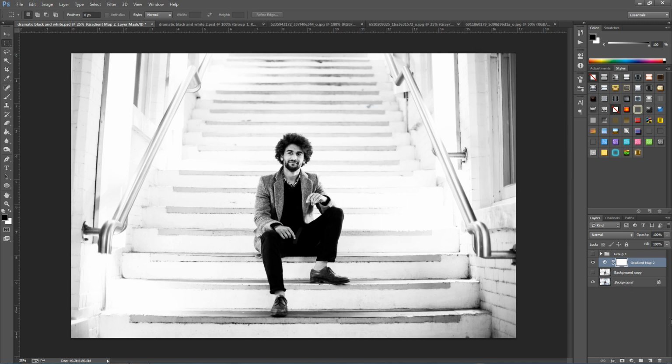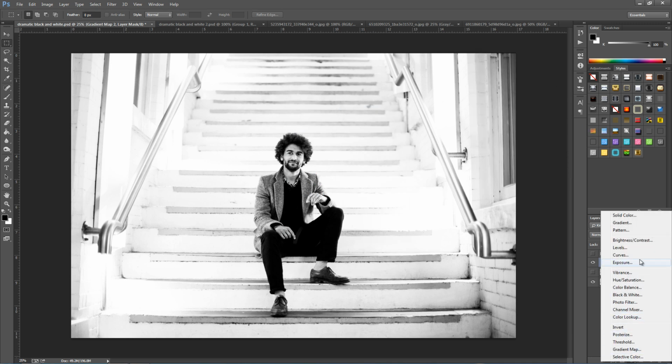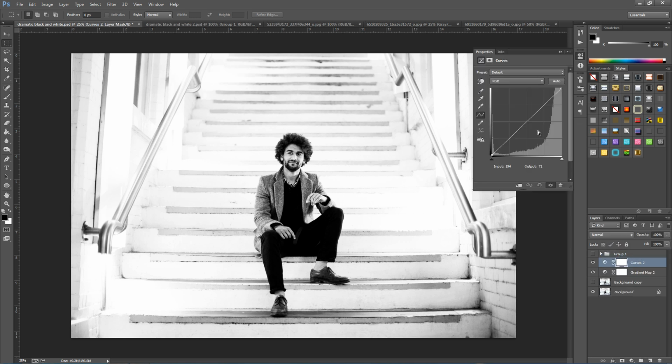We're going to go back down to the adjustment layers. We're going to go to curves, and then from here we're just going to put in a point. So just click a point. It doesn't have to be specific, because we're going to input the details, which will change the point to wherever we want it. So for the input, we're going to put this to 80, and for the output, that's going to be 65.